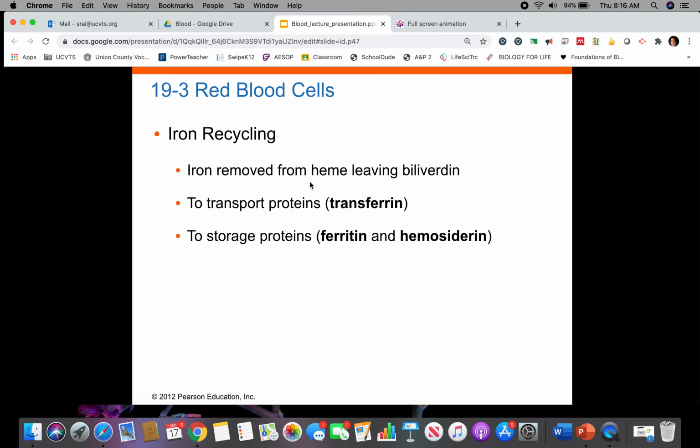We will talk about iron recycling in the next video, which is the RBC production video. Essentially, iron cannot be left to its own devices in the blood. It has to be sequestered, it has to be absorbed, else it's going to damage other areas in the body. So they are attached to transferrin protein, and they can be stored as ferritin and hemosiderin. And so with that,